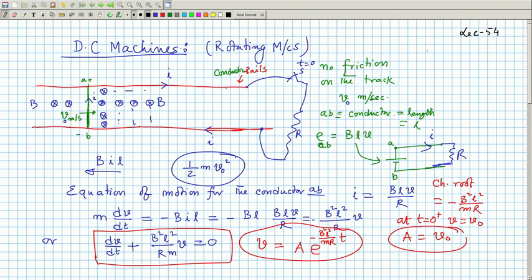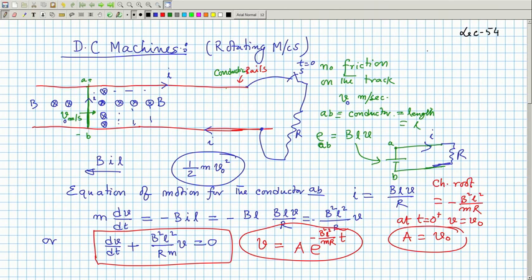Hello, welcome to lecture 55, and before we start lecture 55, a quick glance at what we did in lecture 54. You remember we started DC machines, and eventually we will discuss rotating DC machines, but before that, to get the